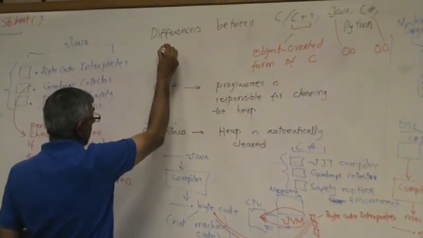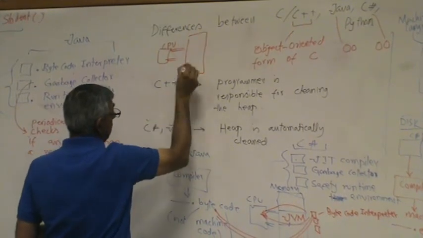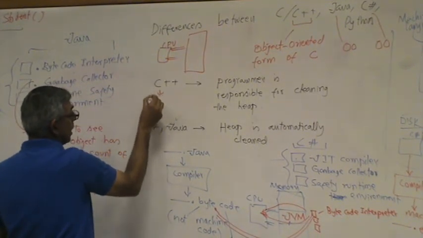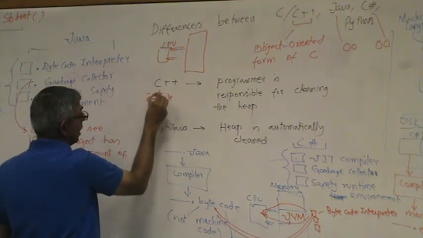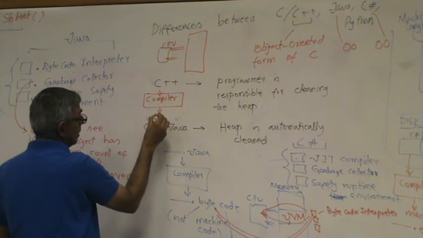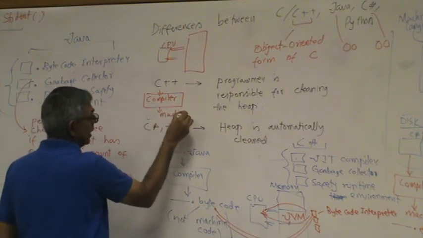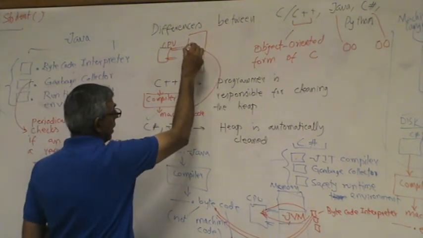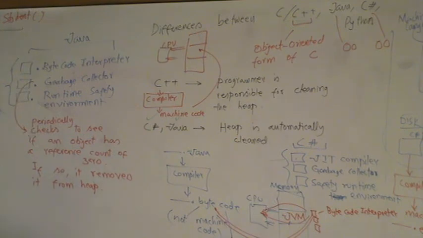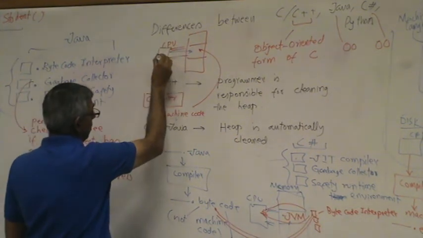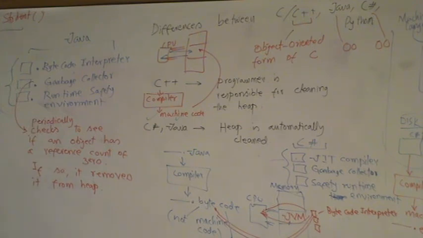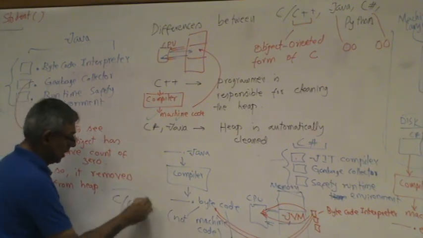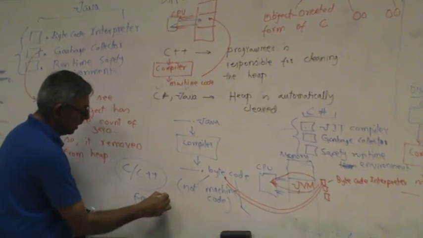So if this is our CPU, if you wrote a program in C or C++, as we pass it through a compiler, what output does it produce? Machine code, correct? The exe in case of Windows operating system. Okay, now can we load the machine code directly over here? Yes. And if we try to run it, obviously we'll run at full speed. There's no translation going on at runtime. Okay? So that's why C, C++ are the fastest languages. If you have a really